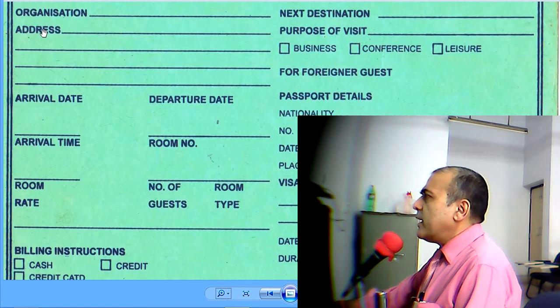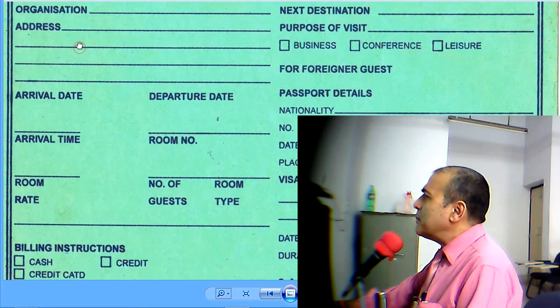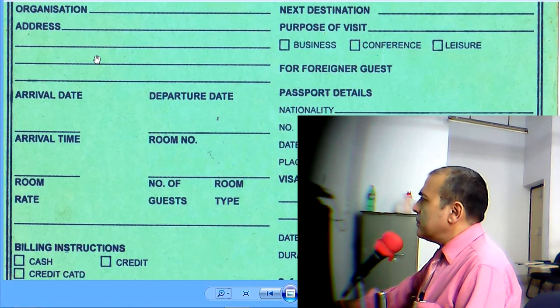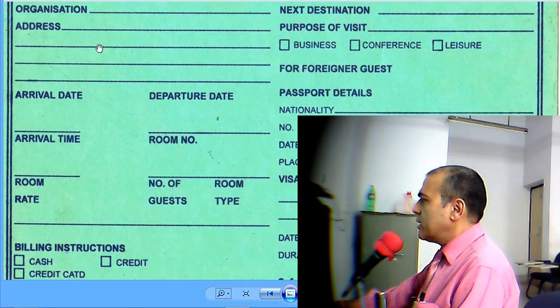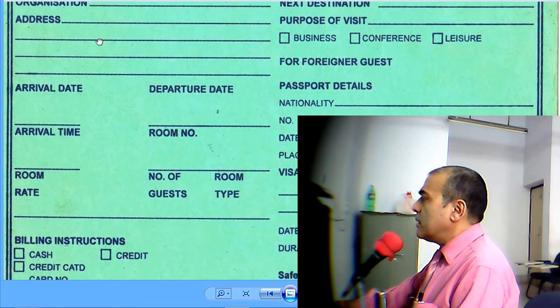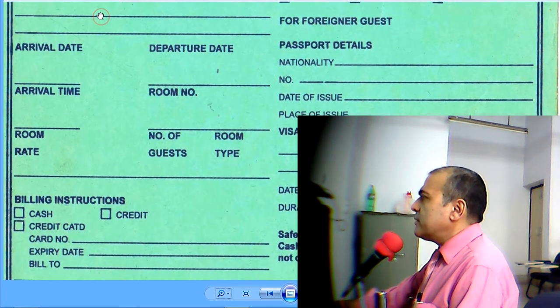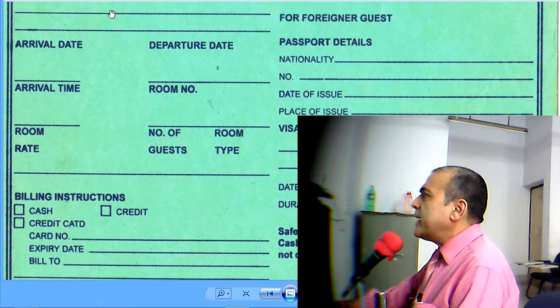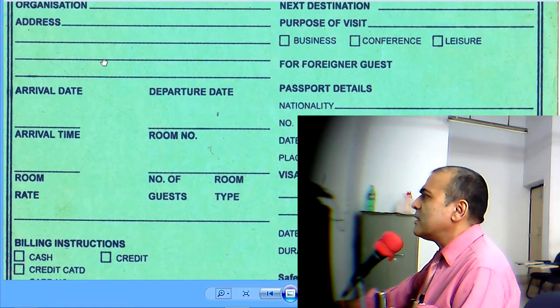As you notice, address has many lines. So this is actually a clue to the employees that address should be completely filled. And if you are careless in this, it may lead to complications later on. And police will actually catch hold of you if this address column is not filled fully and properly. And of course, you also must have the proof of address. So ID proof must be obtained, and this address should be compared with the address on the ID proof.